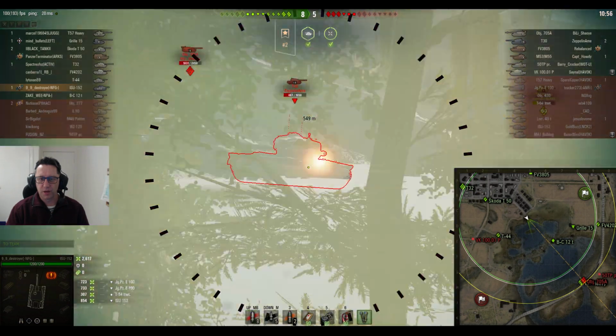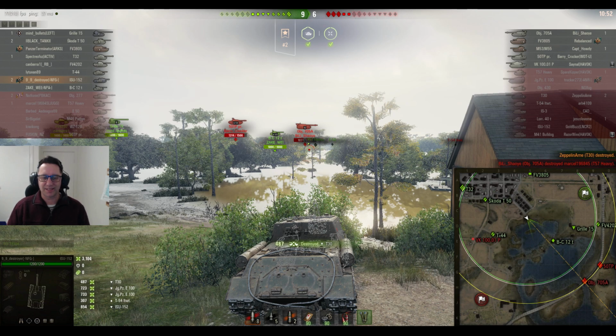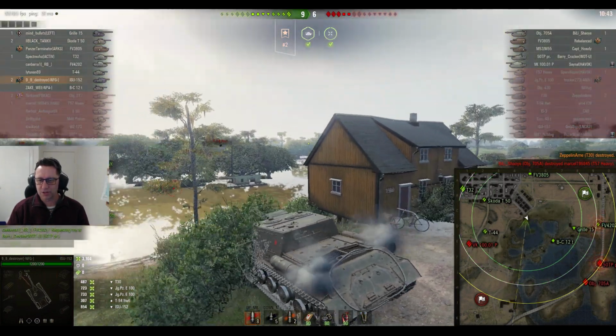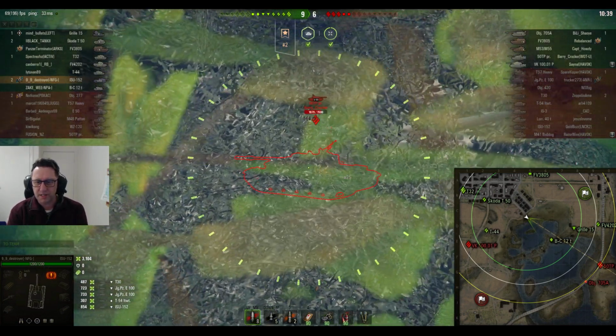There's also a 130. Why not go for the kill? That's what he does. That brings the score up to 9-6. 3,104 hit points of damage for 99 Destroyer from NFG. He's still not spotted, and he's clearly looking towards the Object 705A, who's gone unspotted because the eastern flank they're